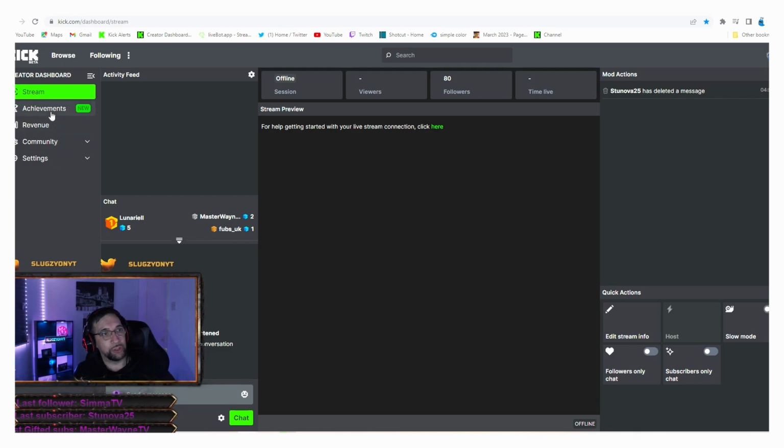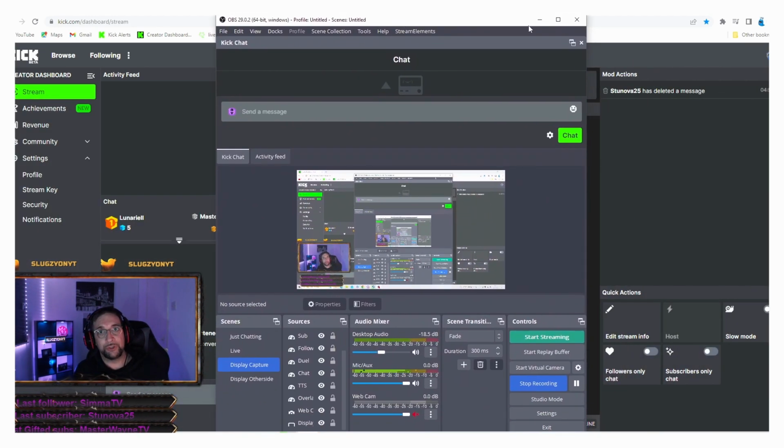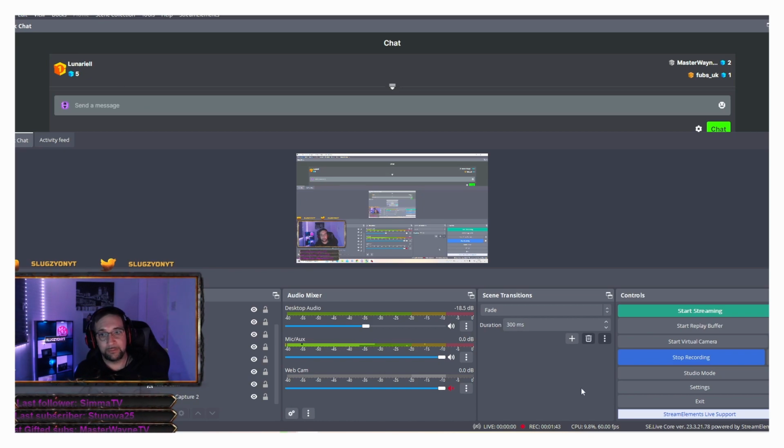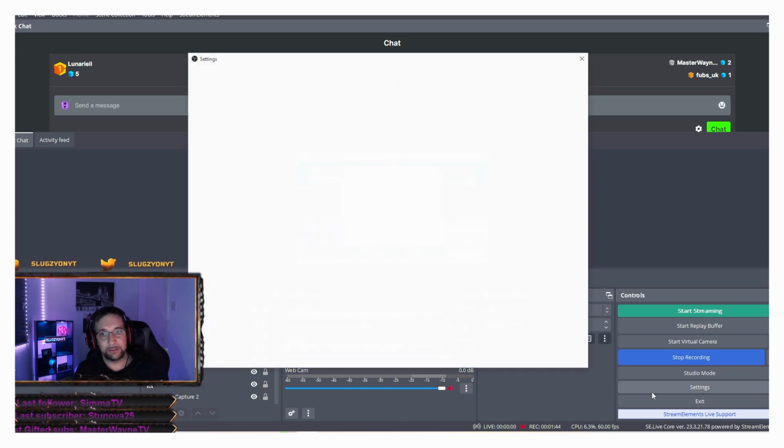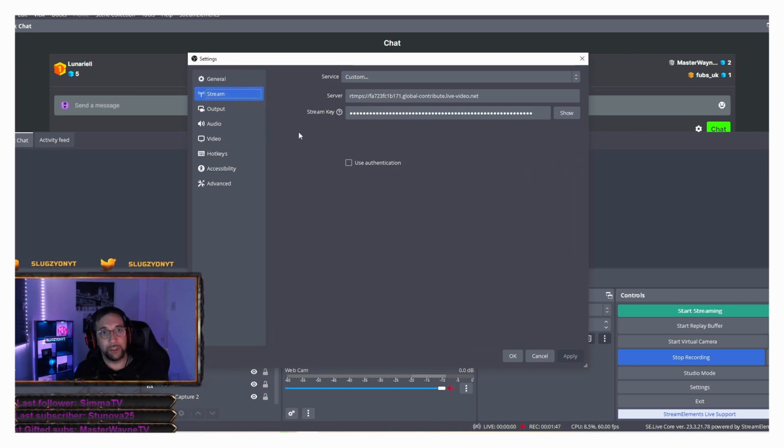Now, on the left-hand side, you are going to have these options here. If you go to settings, you're going to have a stream key. I'm not going to press on it because it's going to give away sensitive information, but there's two bits of information that you're going to require to then pop into OBS, okay? So I'm going to drag over this now. The two bits of information that you're going to need: you go to settings in OBS, you go to stream, which is going to be there, which is here, and